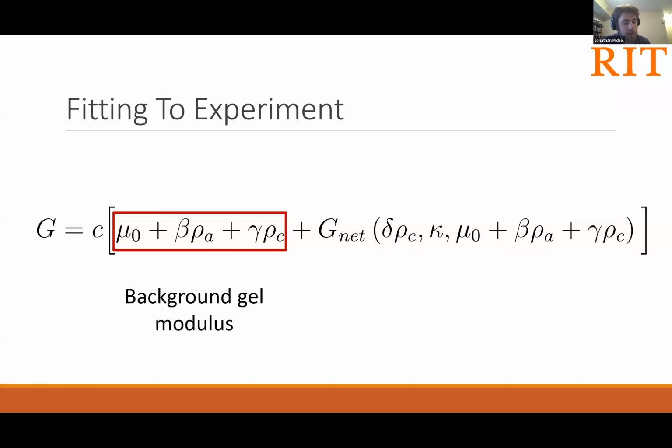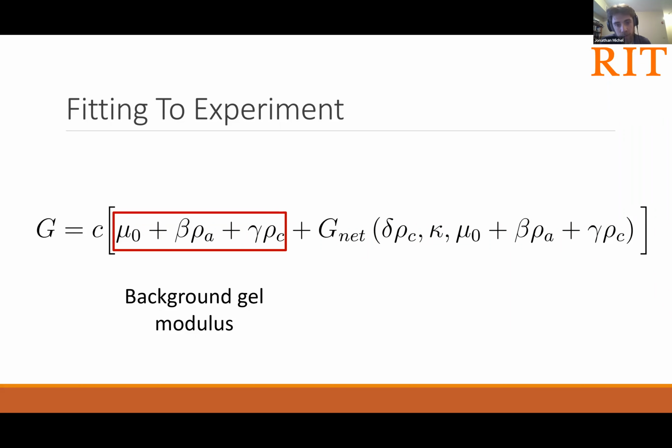And we find that our model fit is in good agreement with the predictions that we make using the theory of elasticity for hydrogels. We also consider that this gel can be stiffened by the presence of aggrecan, whose density is indicated by rho A, and collagen, whose concentration is here indicated by rho C. Beta and gamma are determined by fitting, but can be constrained once again by experimental knowledge of the shear modulus of this hydrogel